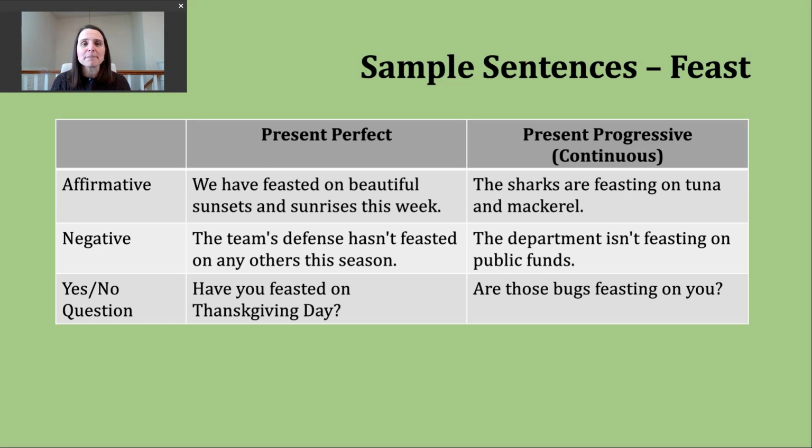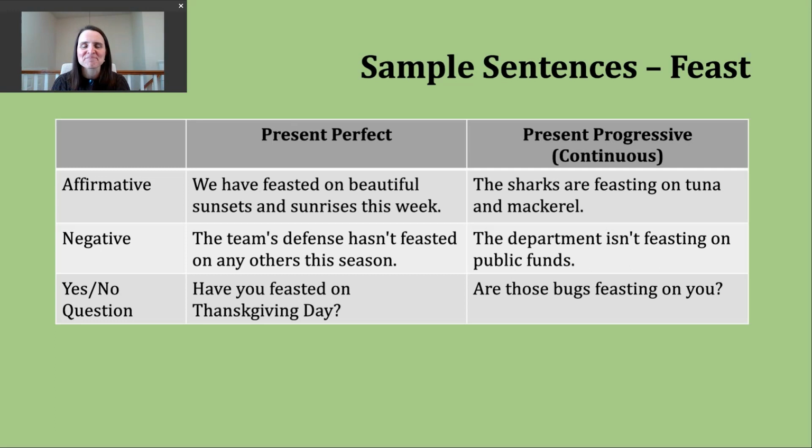An example of this might be, we have feasted on beautiful sunsets and sunrises this week. Okay, so this is going back to that third definition, thinking of pleasure and enjoyment. This is an activity. It started in the past and continues into the present. And I feel like it's really true for me. Several nights this week, there have already been these gorgeous sunsets and even more beautiful sunrises,